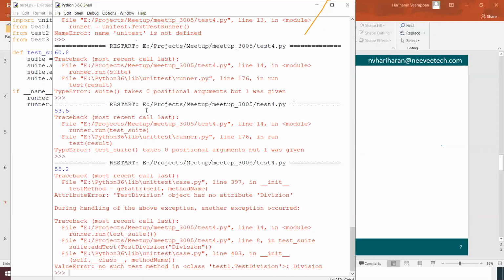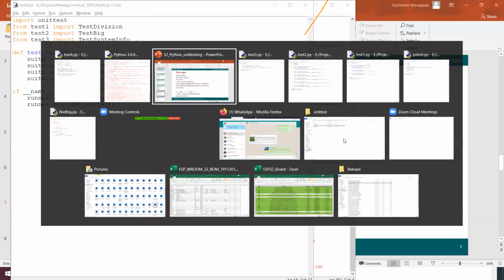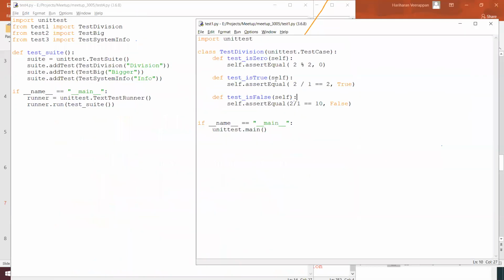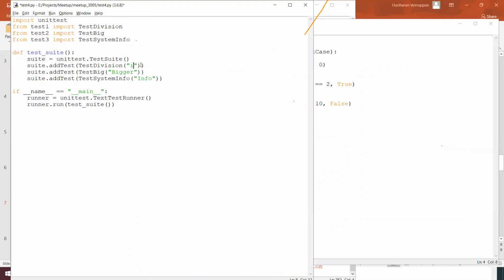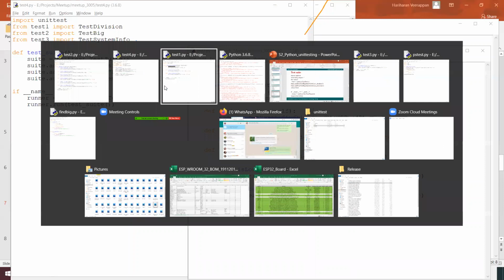Test division has no attribute like division that we are able to execute. For example, I wanted to do the test case: for test1, I wanted to do test is 0, so I'm going to run is 0 over here, and for test2, it's something like is bigger.